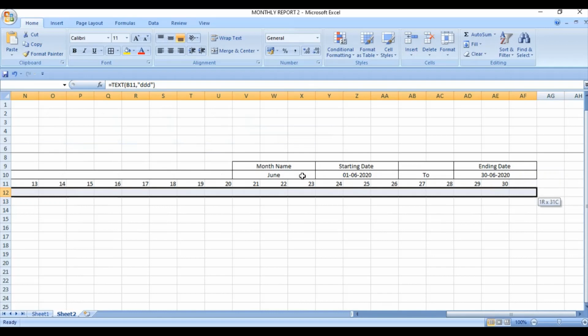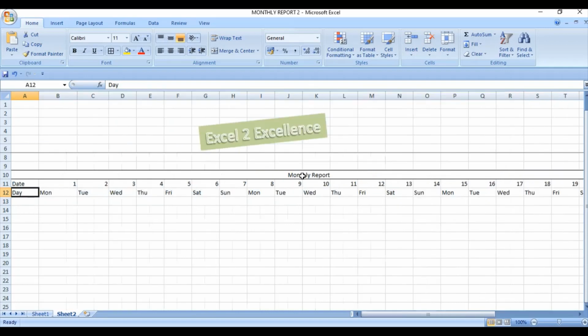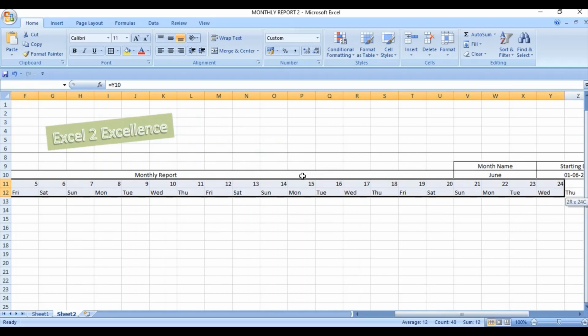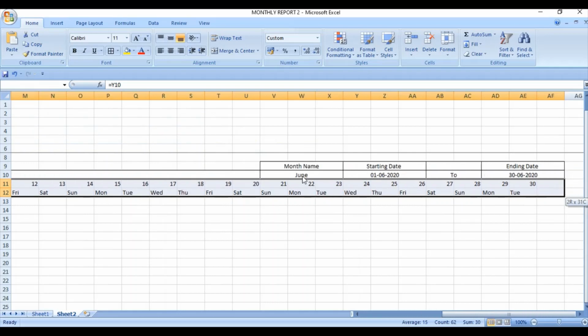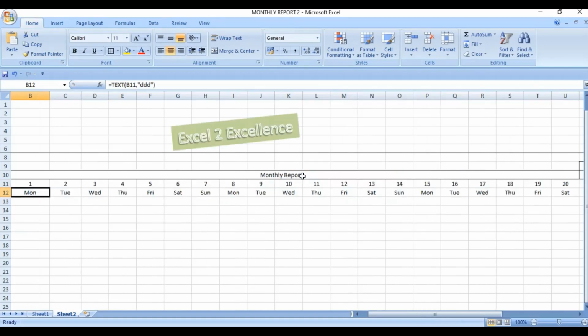Copy the formula to the entire row. Select the entire range of data and align it to the center using Alt H A C. This is the keyboard shortcut.